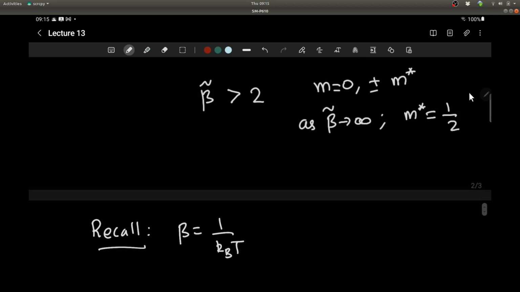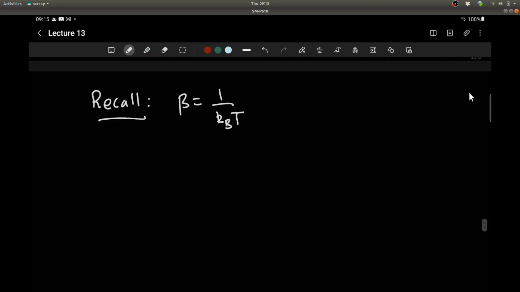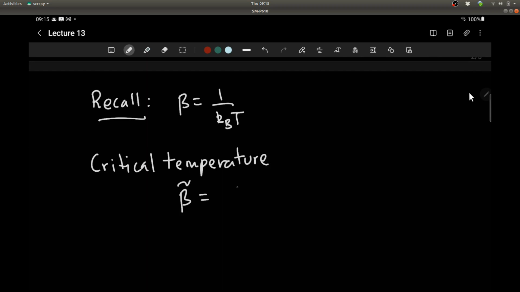So if you come back here, beta tilde or beta being greater than some number implies that temperature is lower than some critical temperature. So we'll define critical temperature to be when beta tilde, which is equal to beta Jy by 2, is